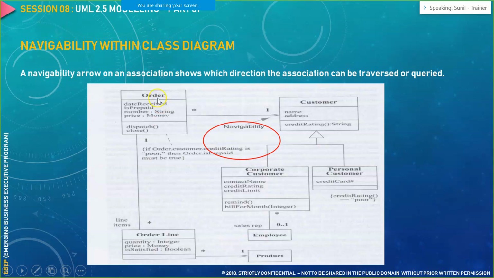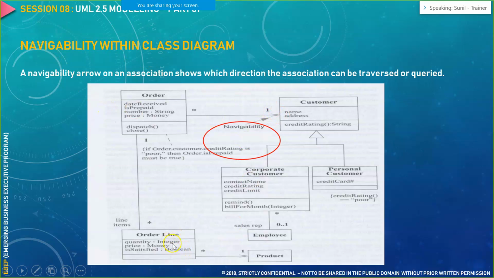So here we see the order class, a customer class, a corporate customer, a personal customer, an order line class, then there is employee and product class. Now if we see the navigability of this particular thing, an order can be related to a customer. So one customer can have multiple orders. So multiple orders can belong to a particular customer. So this direction is nothing but your navigability.